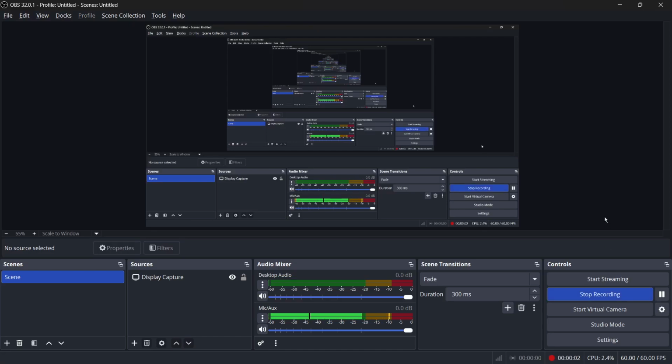How to enable image search in Qwen AI. So hey guys, welcome to this tutorial. If you wish to enable image search in Qwen AI, then all you will need to do is simply follow